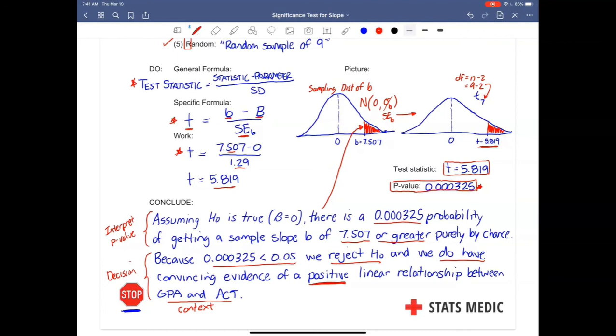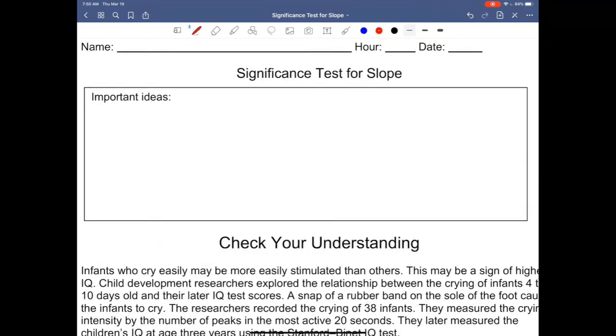So let's see if we can summarize our learning here in the important ideas. We only have one learning target here, and that's to be able to do a significance test for slope, but we know we want to do that with the four-step process, so let's highlight what needs to be included in each part. In the state, we would start by identifying the parameter beta, which is going to be the true slope of the population